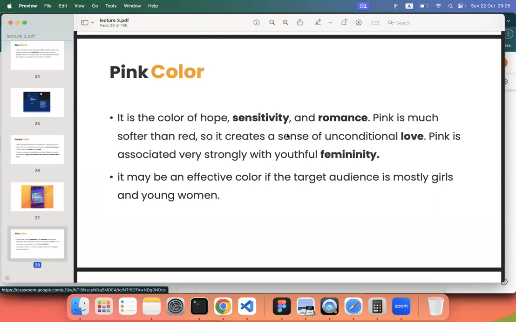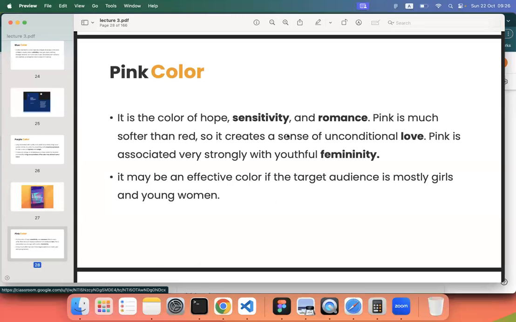So as you have seen in most dating applications or anything that girls use, not only digital products, most of the physical products have the pink color. So they want to express femininity as well as sensitivity, romance, and those feelings to